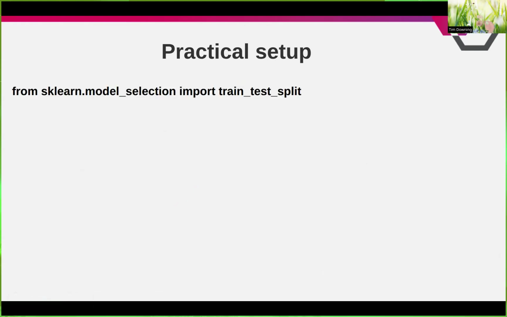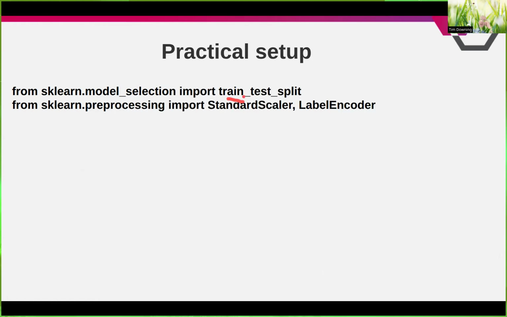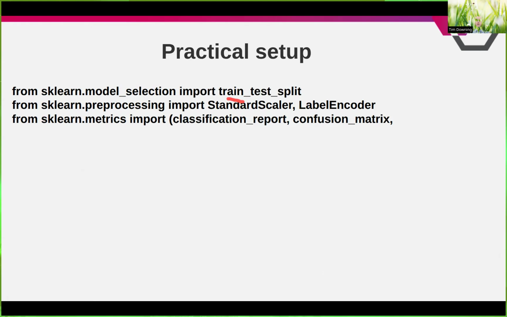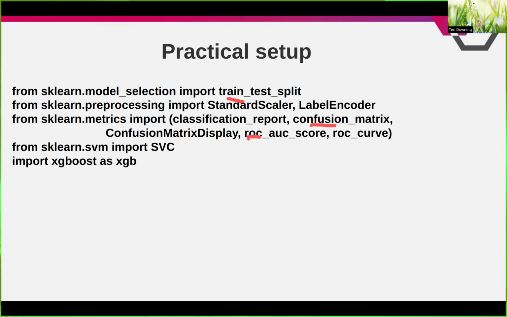What we're going to use is the sklearn package to split our data into testing and training components. We're also going to use the standard scaler and label encoder aspects from that as well. And we're also going to be creating confusion matrices later, as well as computing receiver operating curves or area under the curve scores to create a visual representation of how effective this particular model is. So we're going to use XGBoost,